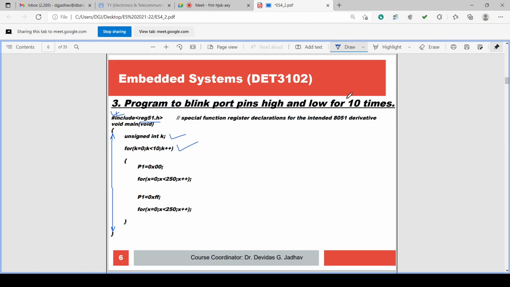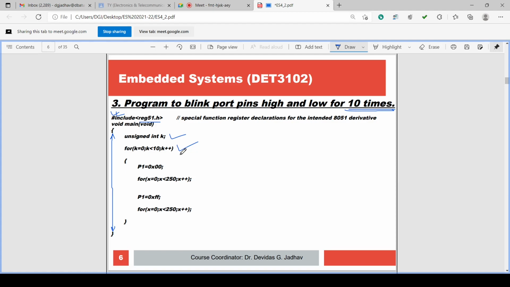This executes 10 times, isn't it? It is not executing forever. It is executing only 10 times. So this for k equal to 0, k less than 10, k plus plus executes 10 times.